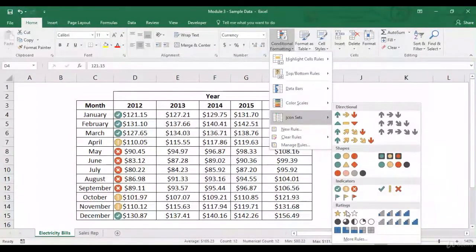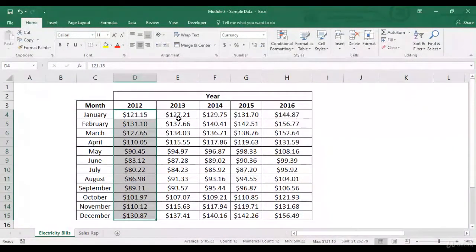So you can use all of these different icons and make your data visually more appealing. Whereas if I just go through all of these data sets one by one, it will take me time to get to the fact that in February the bills are higher, in January the bills are high, in March the bills are high, whereas around June, July, August the bills are on the lower side.